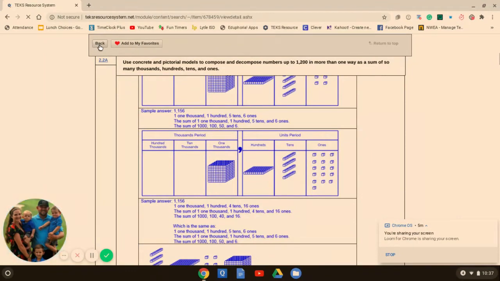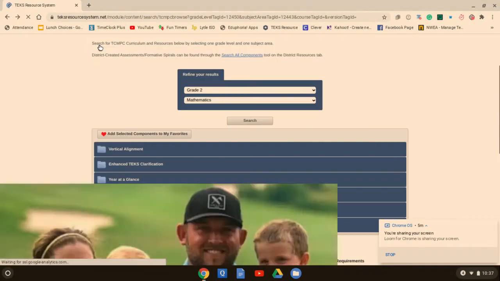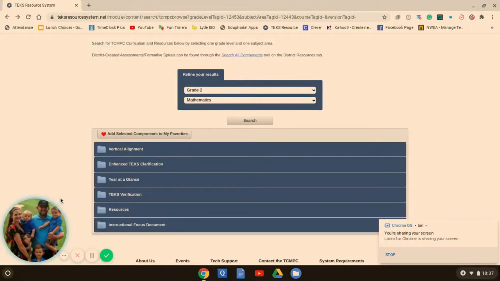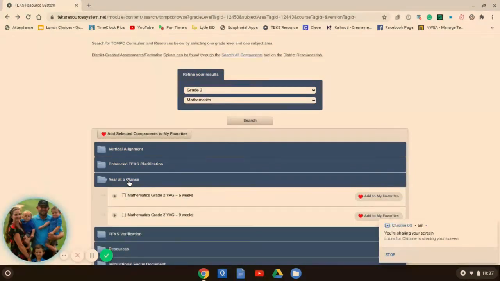Okay, once again, I'm going to click the back button, not the back arrow. The next one I'm going to look at is the year at a glance. And you'll always hear this referred to as the YAG. Now, basically what we use the YAG for is to create our curriculum maps. We use a 9 weeks schedule,